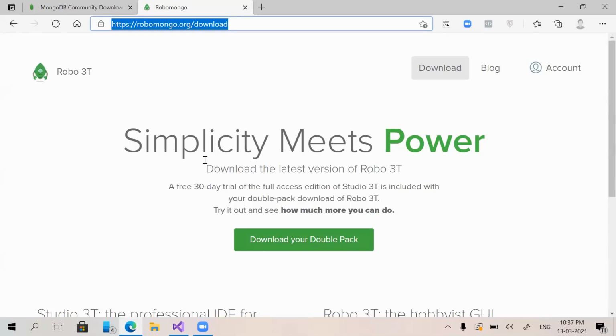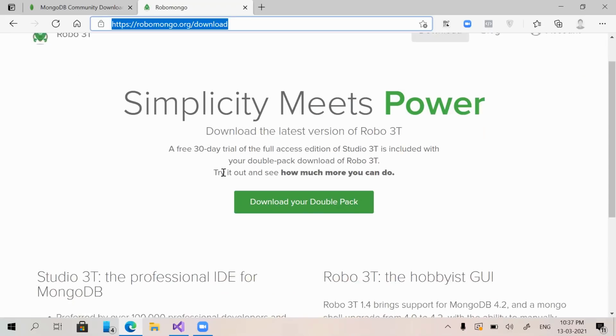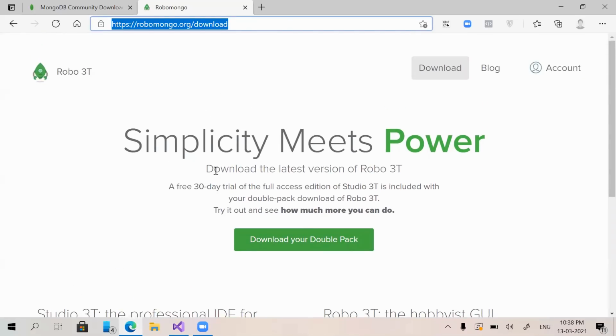The same company offers another application named Studio 3T, which is more advanced, and for Studio 3T we have to purchase a license, but it has very advanced functionalities. Anyway, this application is also installed on my laptop, so let's